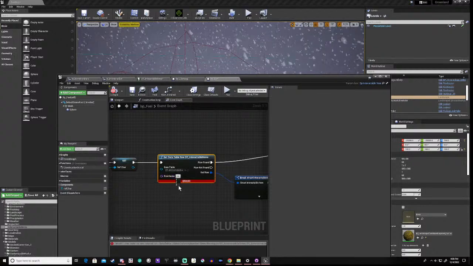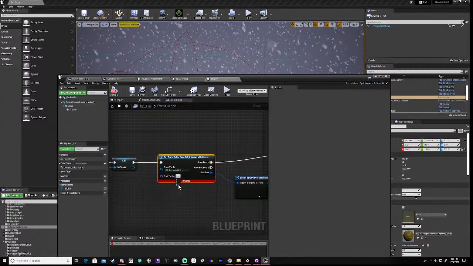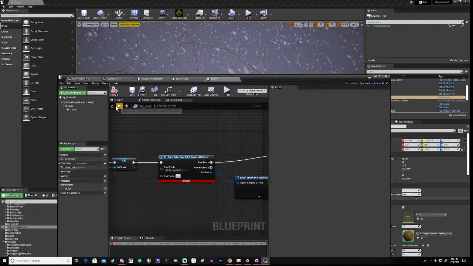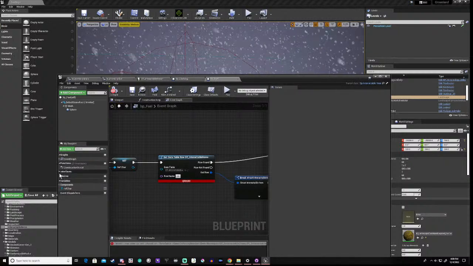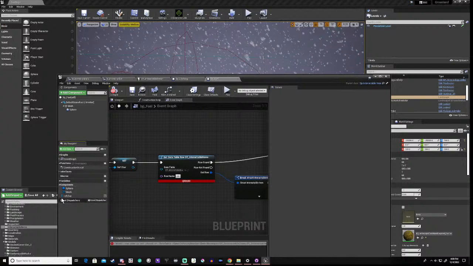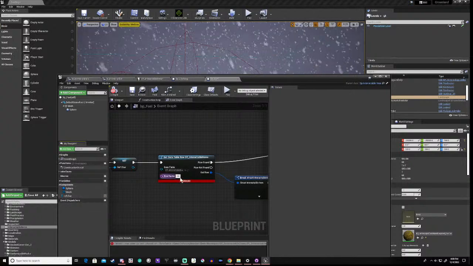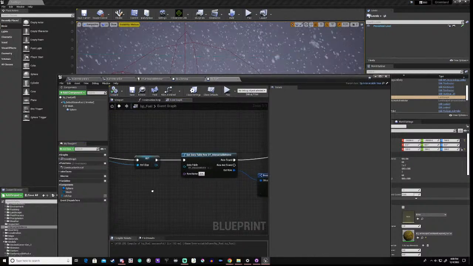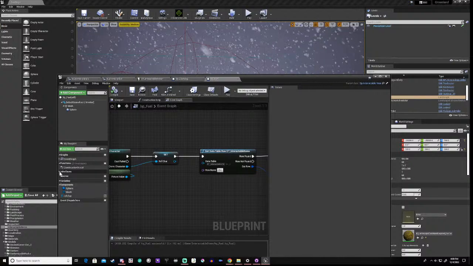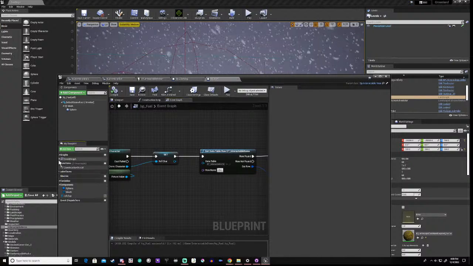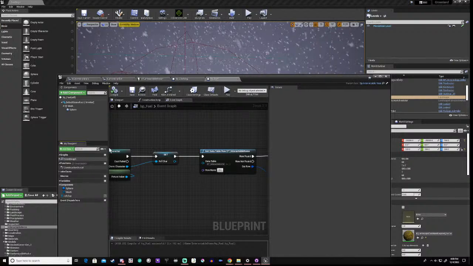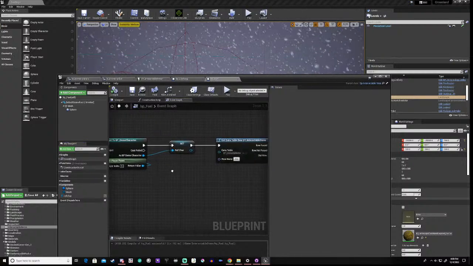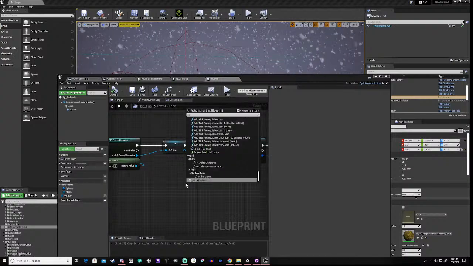Right, and this is going to be, and we can change this to 3. Save this. Now it is an interactable item, so in theory we should be able to say DT